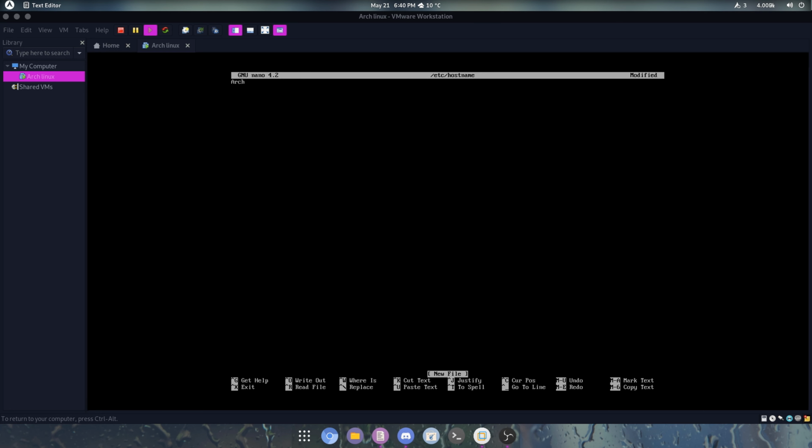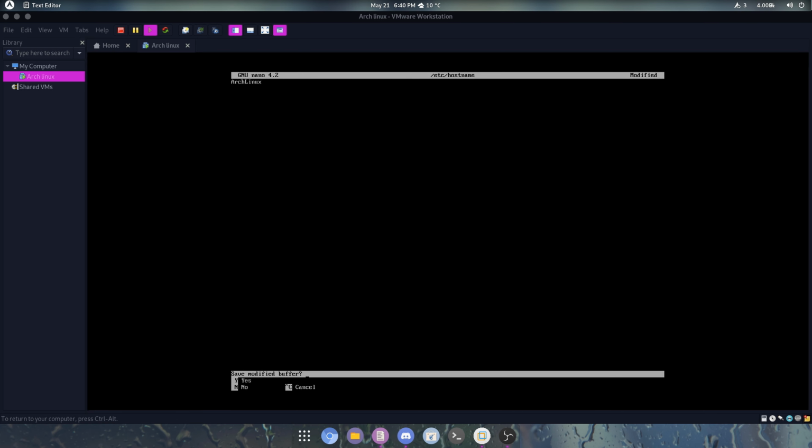I always just like to put Arch Linux. You're going to hit Control X, you're going to hit Y, you're going to hit Enter, and therefore it's saved. And we're going to hit Clear just to get rid of that. Okay. Next, we're going to generate our locale, and we do that by